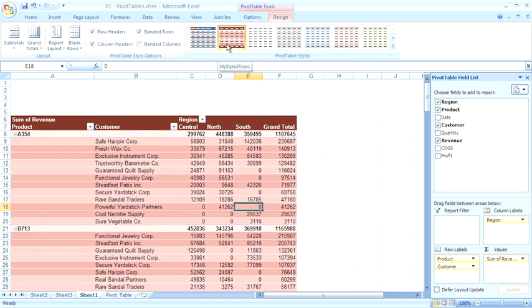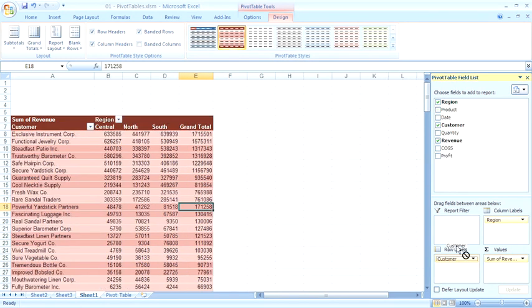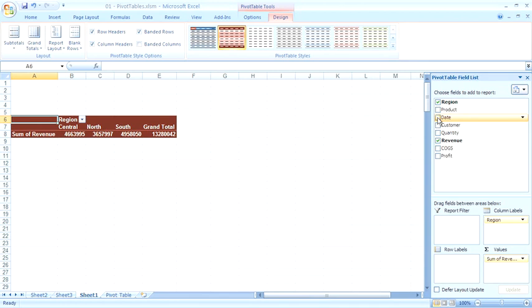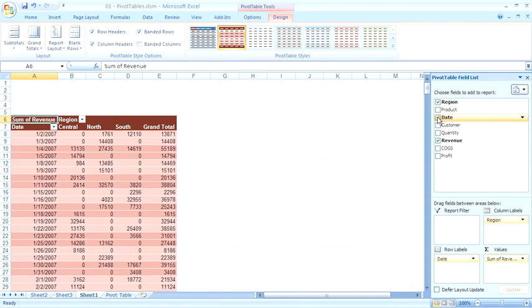Now, we haven't really talked about the dates, and I want to show you some great features that we have when you add dates to your pivot table. I'm going to take the product and customer field and remove them from the pivot table and put the dates along the left-hand side. Because my data is based on transactional data, I'm actually seeing daily dates going all the